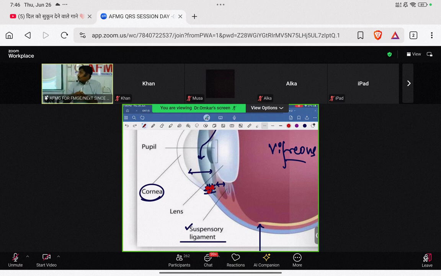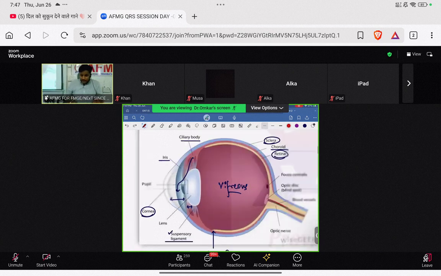And again, beta, please tell me, will the aqueous humor be able to drain? If the trabecular meshwork is blocked, the aqueous humor is not able to drain, again causing an increase in the intraocular pressure, and that is also called which glaucoma? Open angle glaucoma. Hopefully it is clear till here. That is what glaucoma is. Understood? So these are the few points that you need to remember.